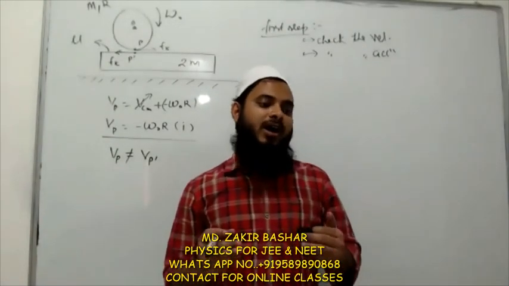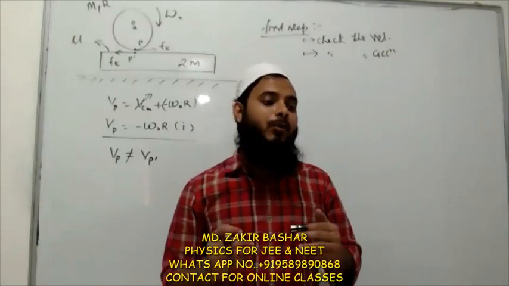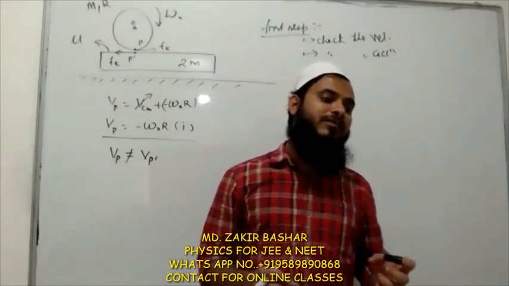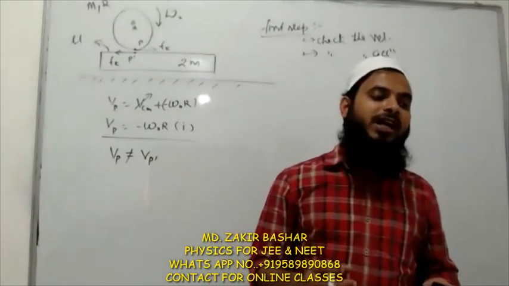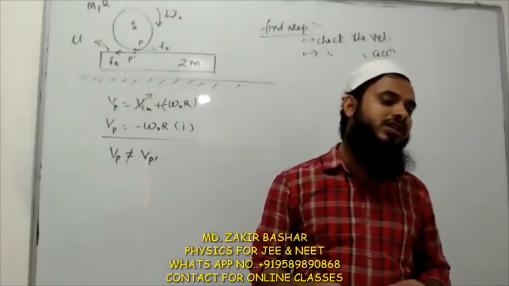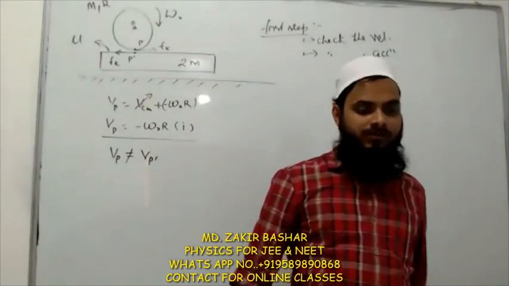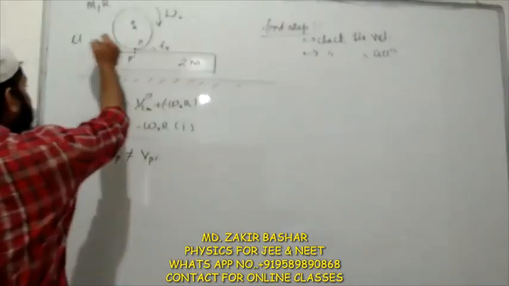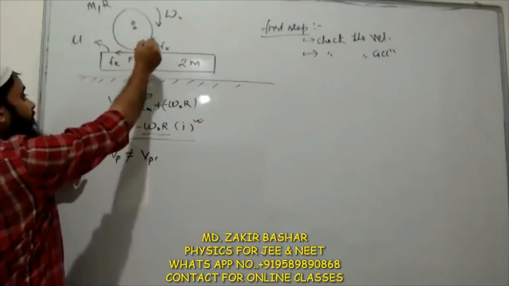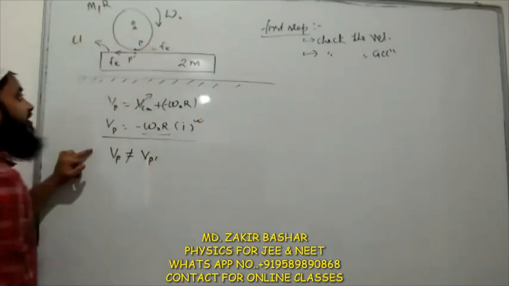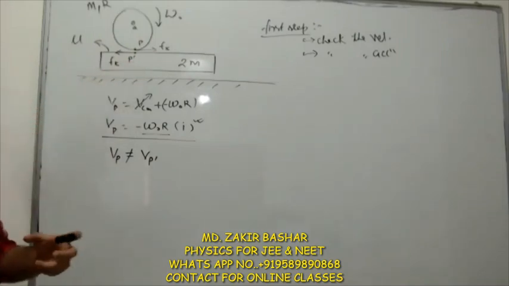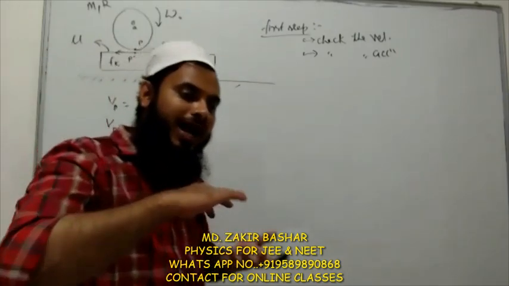It is because the aim of the kinetic friction is to equalize the velocity. So if a point of contact on a surface has more velocity, the friction force will oppose that velocity, and the point of contact, P dash, having less velocity, zero velocity, tries to increase its velocity. This point is going in this direction, because its velocity will be in the minus i direction. So the friction force will try to decrease that velocity and try to increase the velocity of the other point of contact, because friction force wants to equalize the velocity vectors.